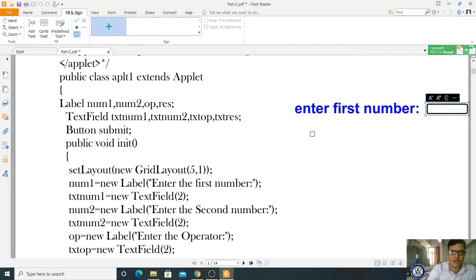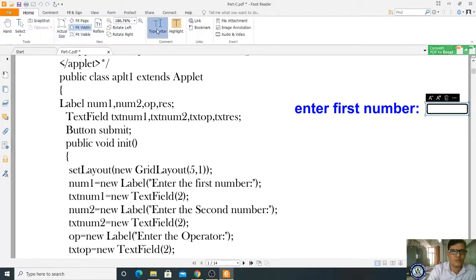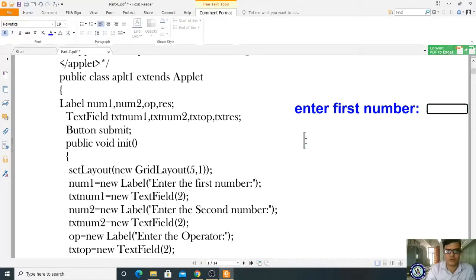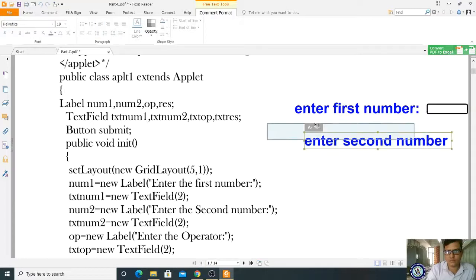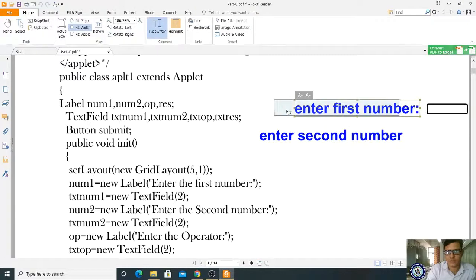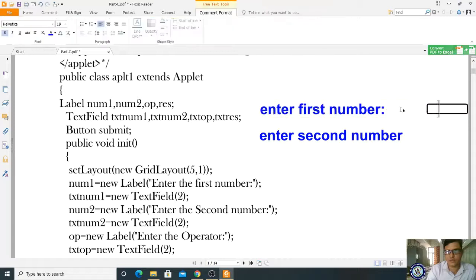Okay, and next you are writing enter second number. Enter second number, right? It is displaying like this. Please observe here.